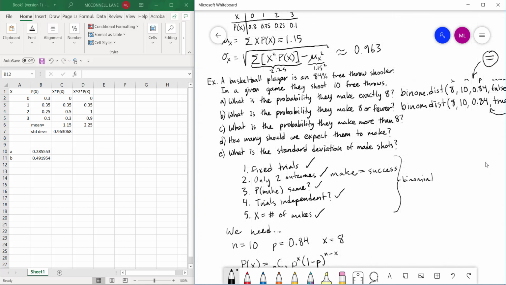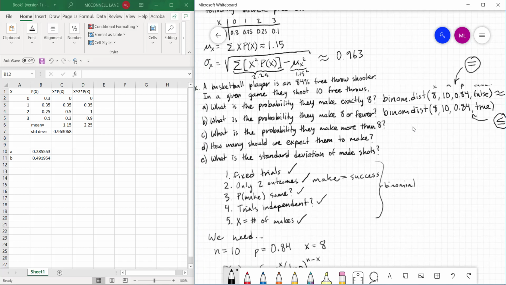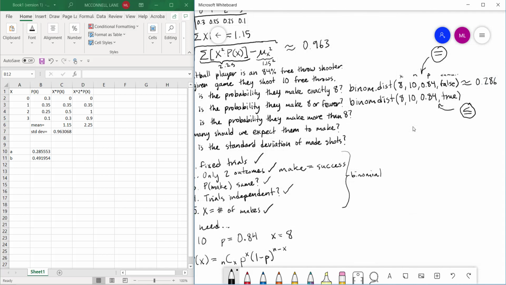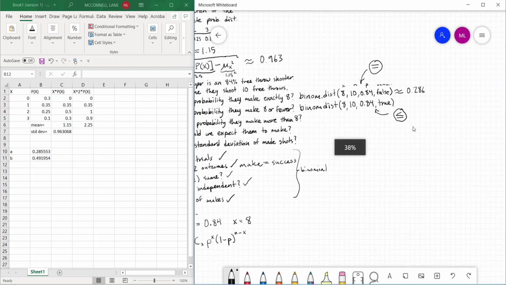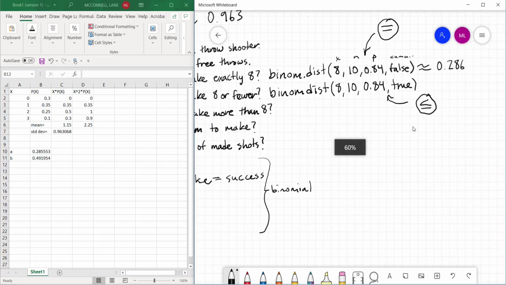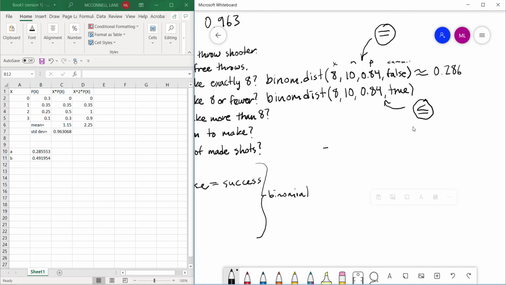In part C, we're asking what is the probability that they make more than 8? Well, in this case, there isn't necessarily a built-in command that's going to do this for us, but we have to use a little bit of clever reasoning and recognize that the probability of more than 8 is the complement of 8 or fewer, and we can do that on our number line here. So if I have 0, 1, 2, 3, 4, 5, 6, 7, 8, 9, and 10 as all the possible number of free throws that they could make,